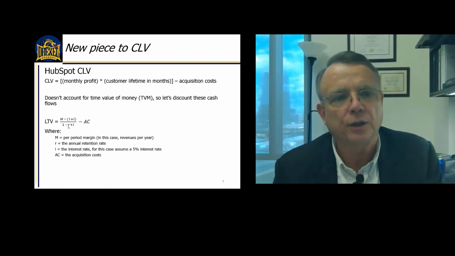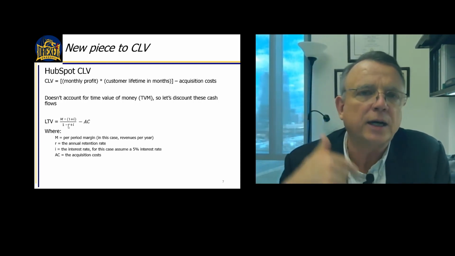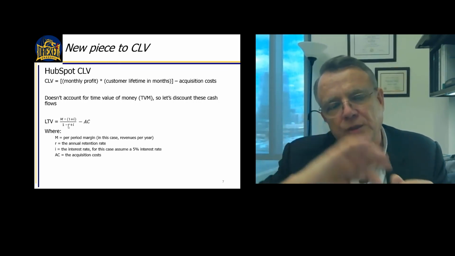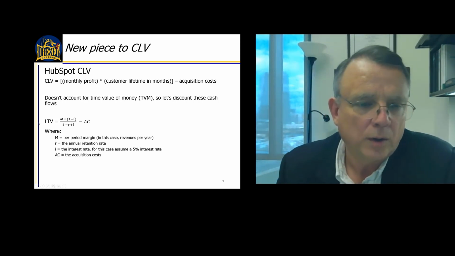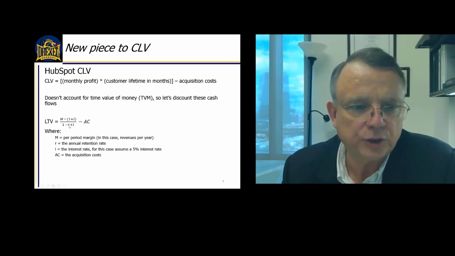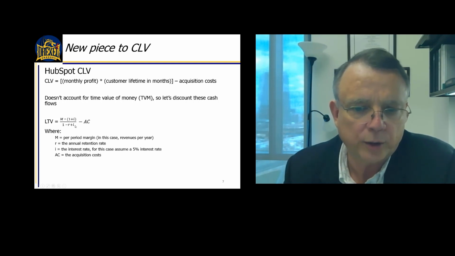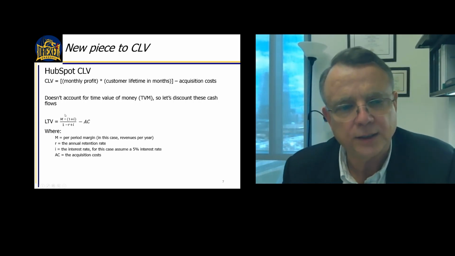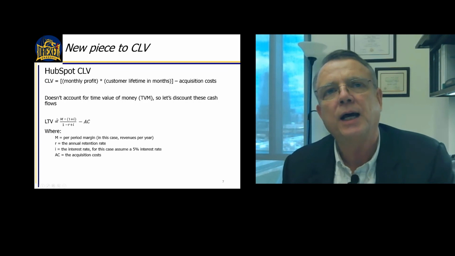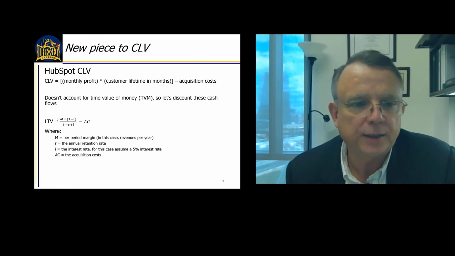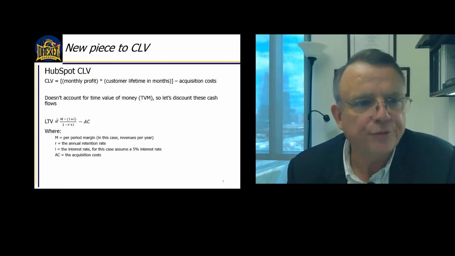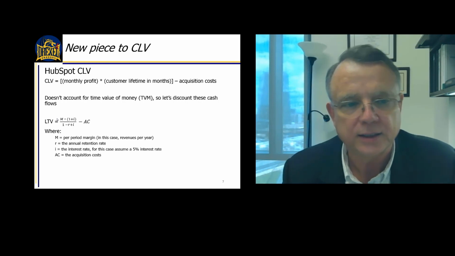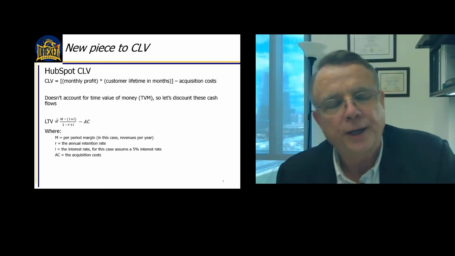So this particular formula is using the reverse. Last time we used churn. This time we're using retention. Obviously, it's the flip side of the same number. So in the denominator, 1 minus the retention rate plus the interest rate, or 0.05. Okay, again, minus acquisition costs. So this extra complexity in this term is now bringing in the factor of interest rates. I will post an article for you that explains this in more depth